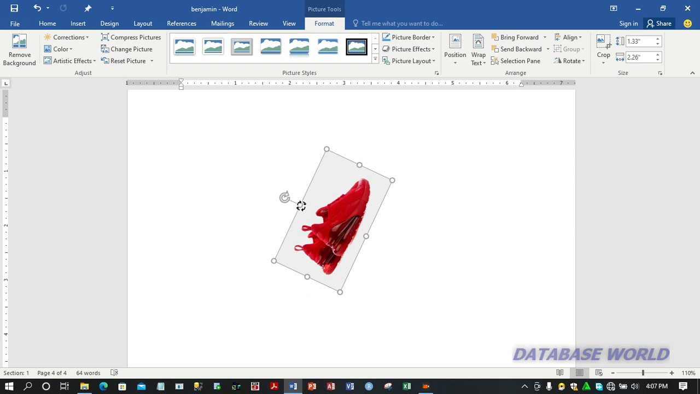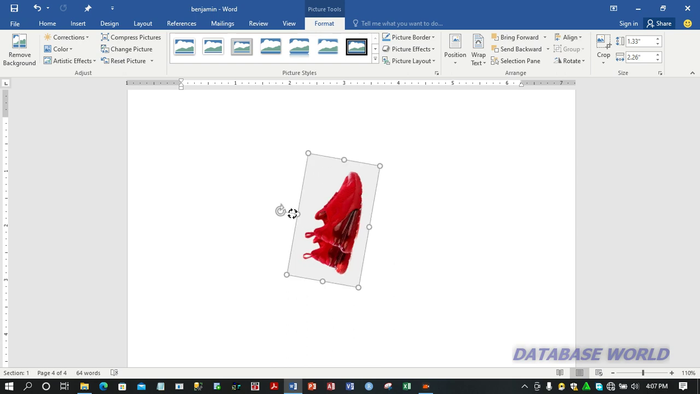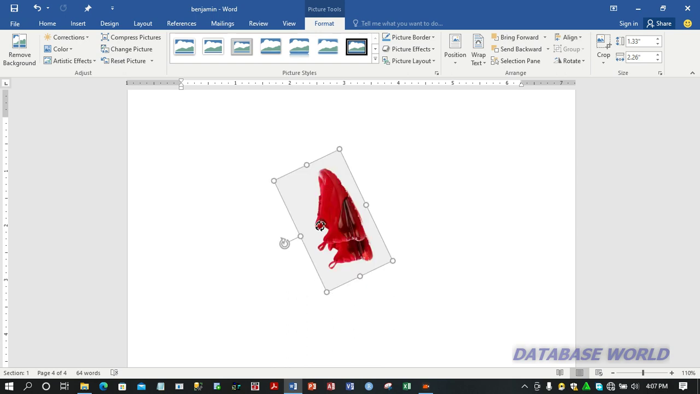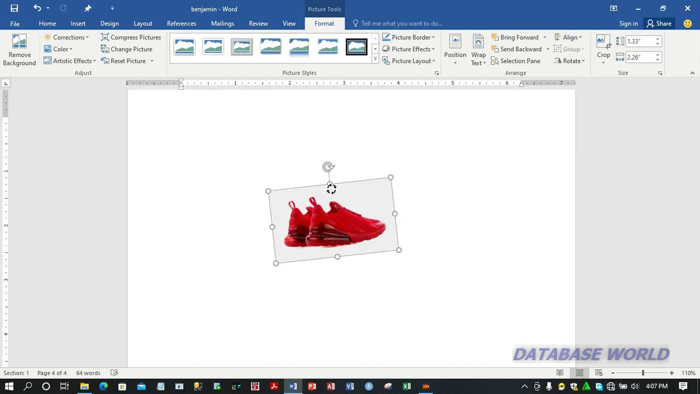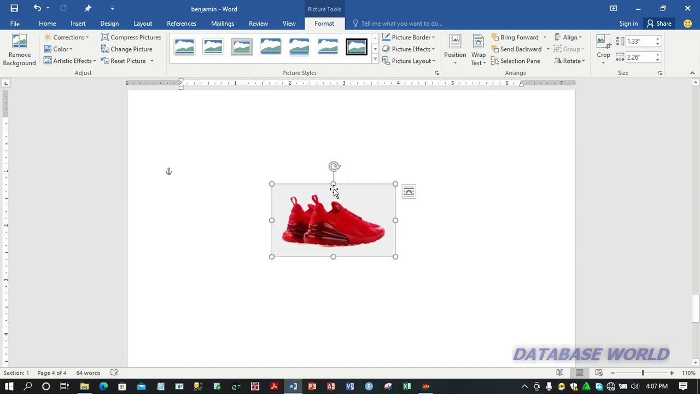Right? So that is how we rotate a picture in Microsoft Word, right? Now, after rotating, under the picture tools, as I said, whenever you insert any new object, a new tab